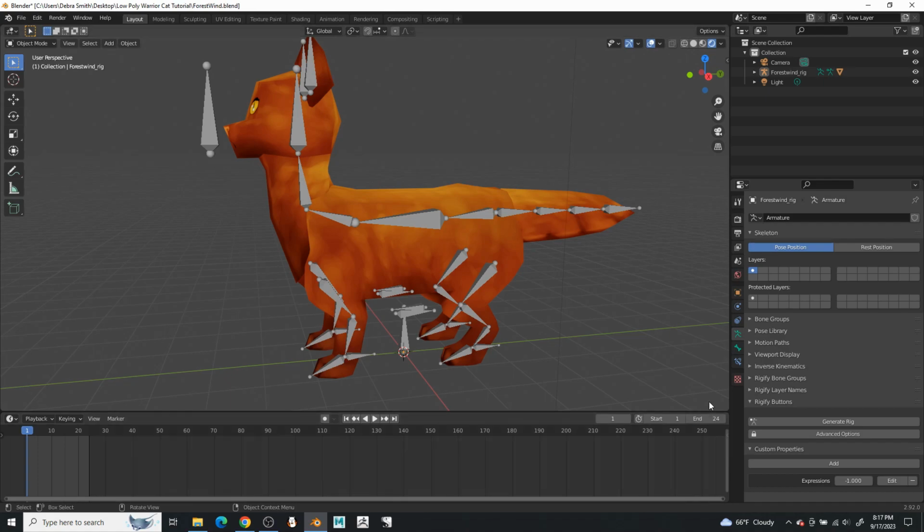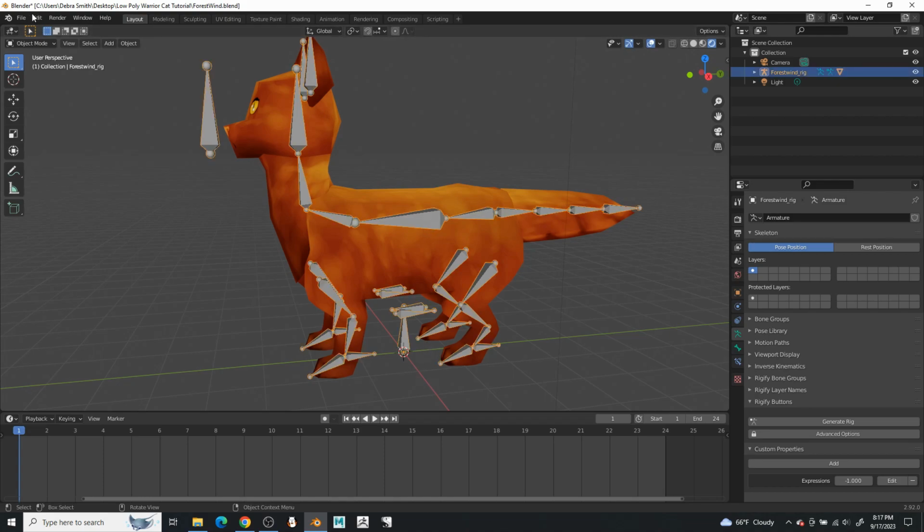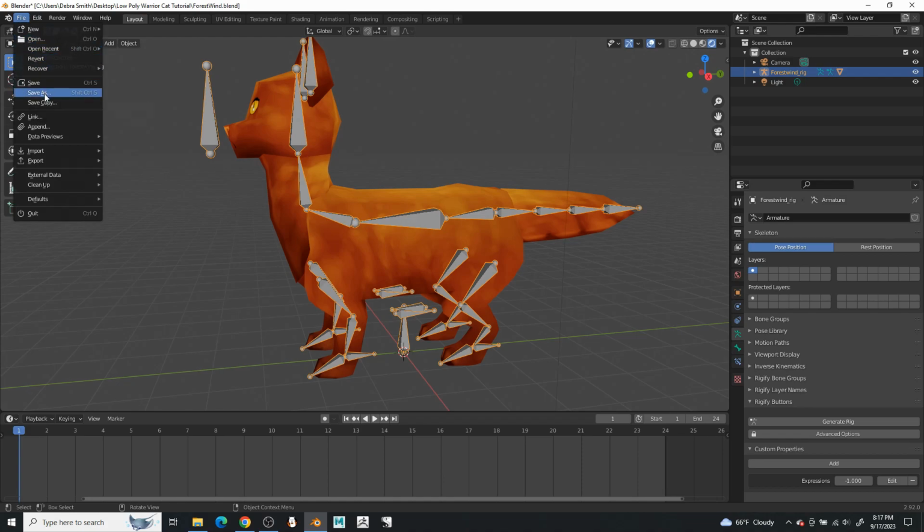Set end to 24 and hit enter. Then just use the middle scroll wheel to zoom in until you can see the timeline pretty clearly like this, and just middle mouse click and drag down to make sure that you're at the top of it. And then click on the skeleton, and well, first one thing we should do is we should hit save